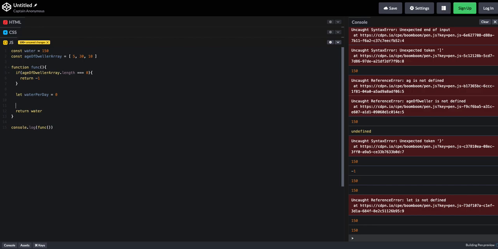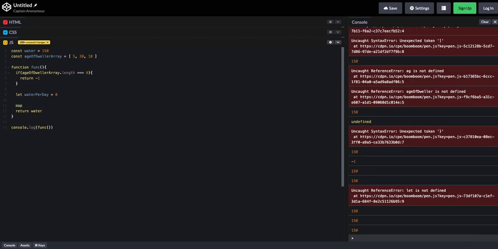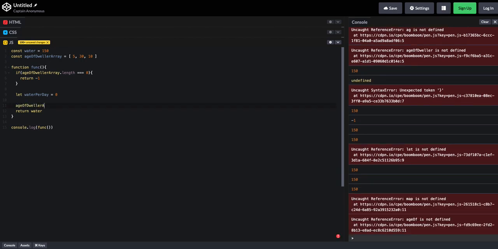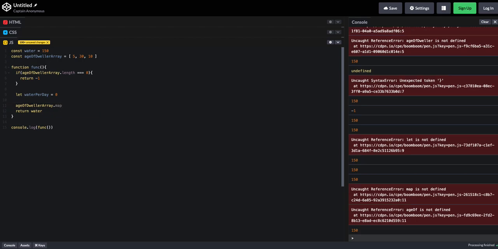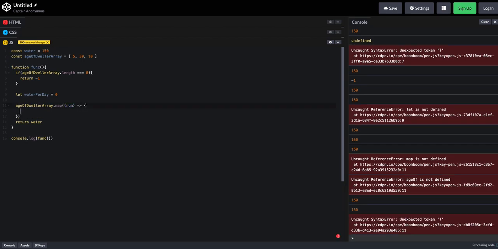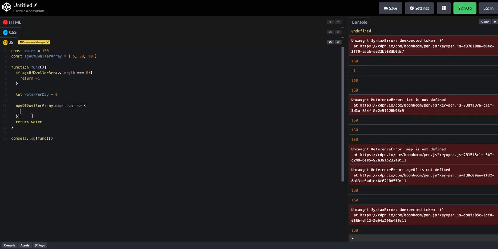And then to loop the array, we're just going to use the map function. What am I doing? Age of dweller array dot map, and we're going to initialize the variable as num. Use the arrow function, and then inside here